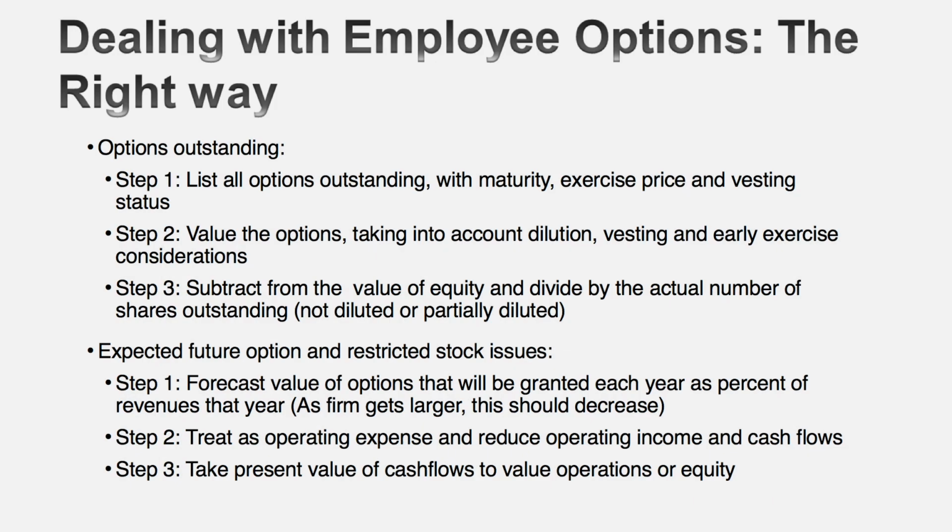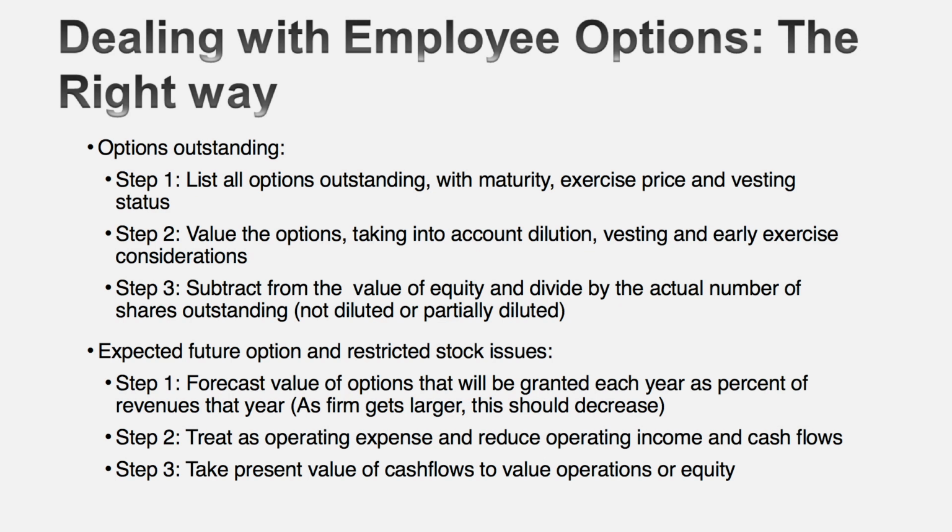Here's what I think you should do. Take those options, value them as options. Because as long as those options have life, they're long-term, they're on risky companies, they drain your value. Value them as options. Subtract that option value from your equity value that you estimated earlier. Then divide by the actual number of shares outstanding. Don't play games with the number of shares. What you get will be a value of equity per share that reflects the outstanding options. It doesn't matter whether the options are in the money, out of the money, deep in the money, deep out of the money. The value of the option should take care of that.